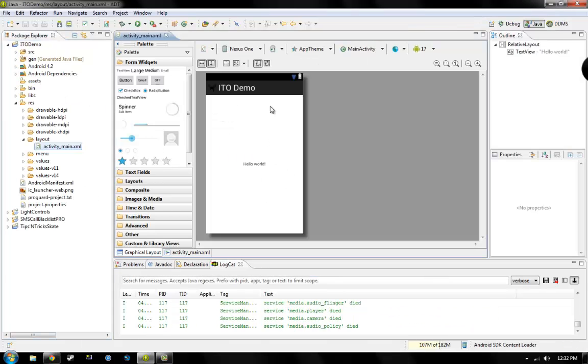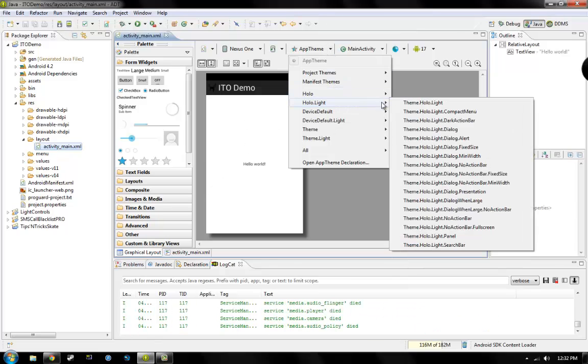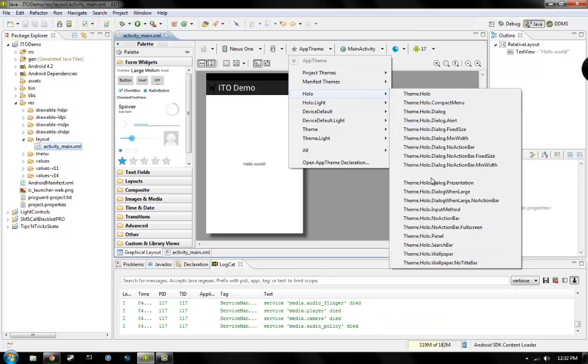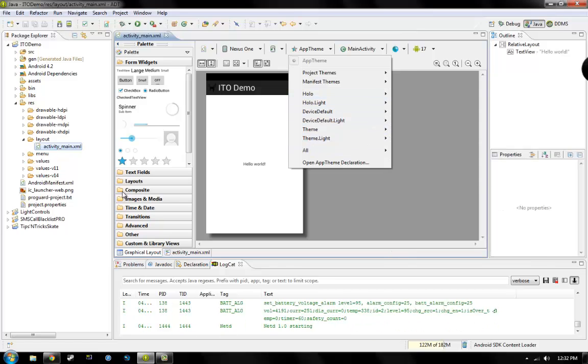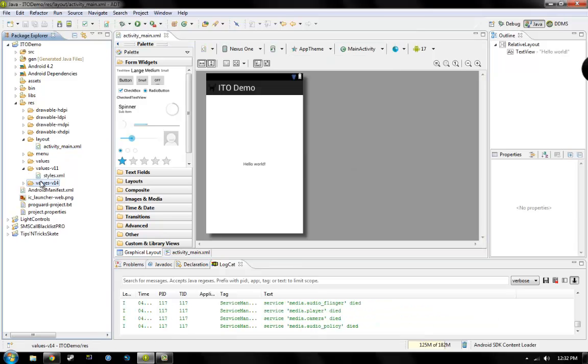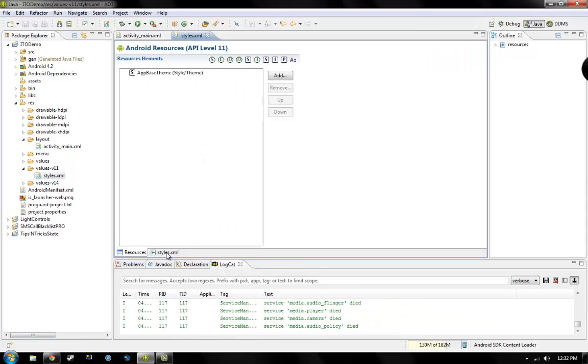Now that you're done, you'll see, if you left the styles like I did, this is the Holo Light with Dark Action Bar. If you want to change it in here, you can view all of these different Holo themes. You have Holo, which is dark, Holo Light, which is the light, or you can go in and edit it if you want. You have to edit both of these, so I just go into